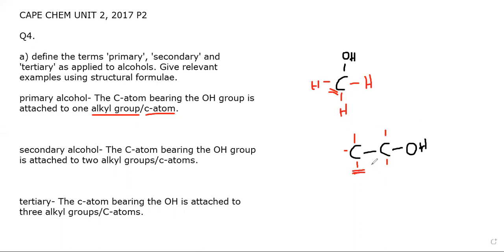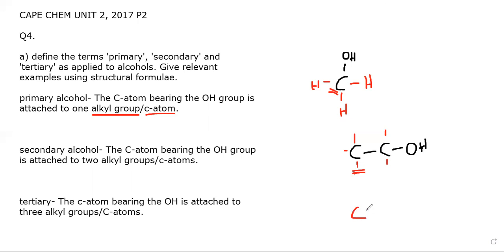So based on this definition, you wouldn't draw this one. You would draw ethanol, because the carbon atom bearing the OH group is attached to one carbon atom. Here, the carbon atom bearing the OH group is not attached to any other carbons. So by definition, you don't want to give this one as an example. The OH group attached to this carbon is only attached to one other carbon atom. So again, you could also have